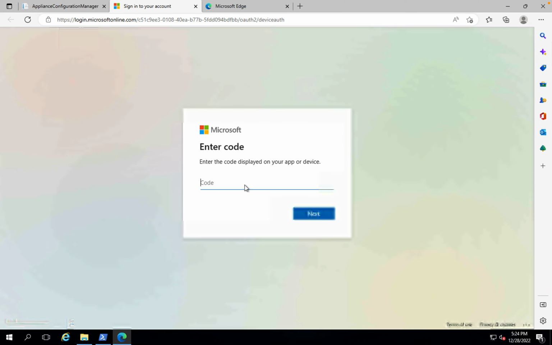It's going to open a login page in a new tab, right? Here you need to log in with the user which is required to register this appliance. That user should have at least contributor access on the subscription, right? So just first paste the code, click on next,